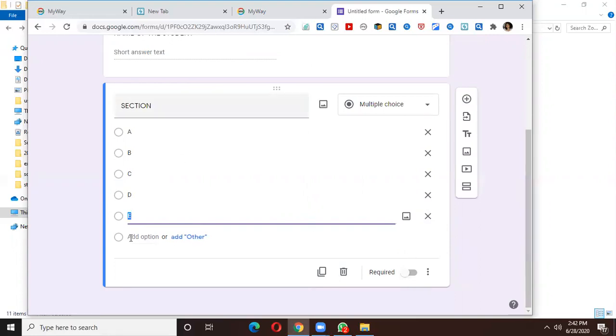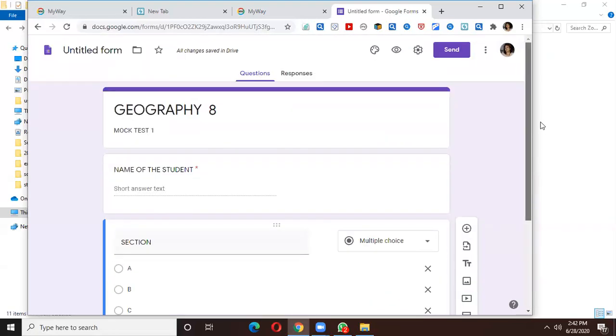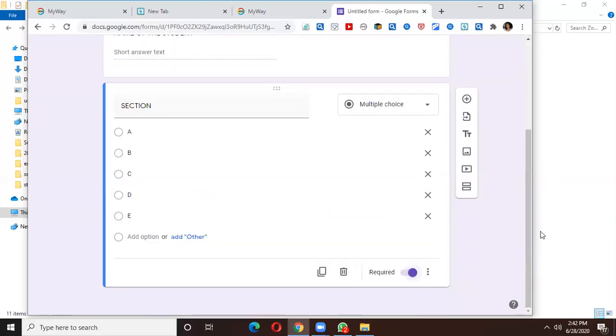Okay, so we come till 5. Now we again check the required button. This shows that this much information is enough for a student. Now I have a different set of questions for standard 9, 10 and 11, 12, where the Hindi teachers.